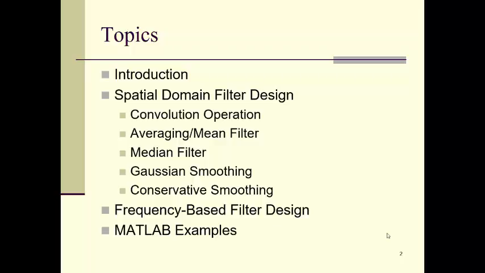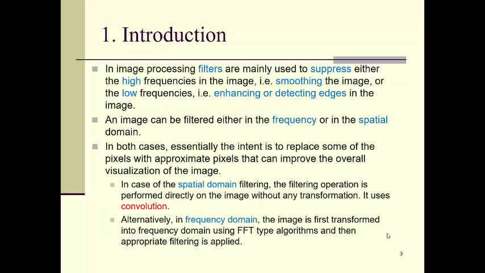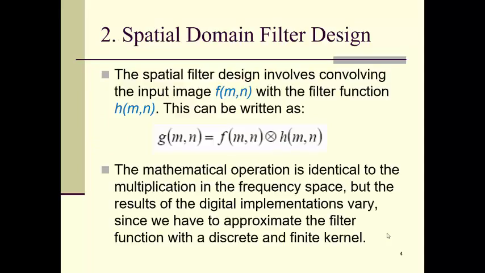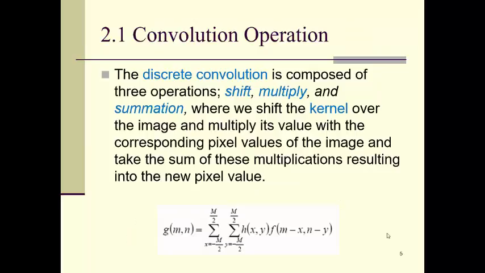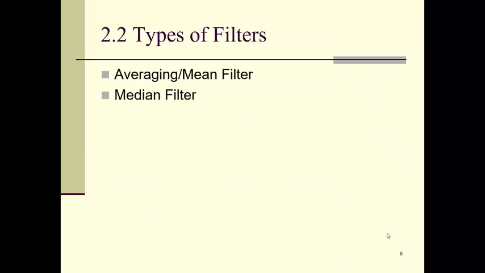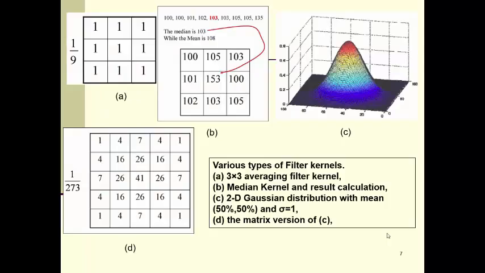Within this spatial domain filter, we said that we have these four types of filters. We have the averaging, or we call it the mean filter. We have the median filter. We have the Gaussian smoothing and conservative smoothing. Right? So let's go directly to the types of the filters. Here, if you remember,